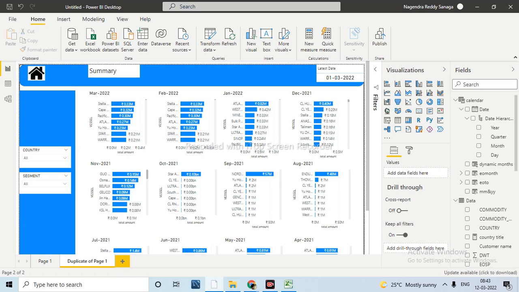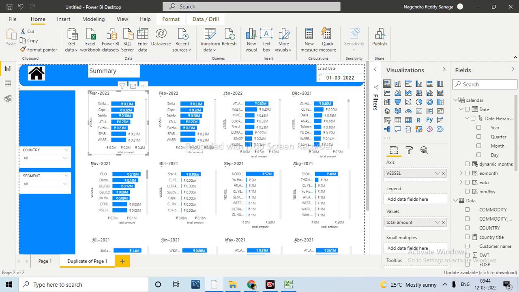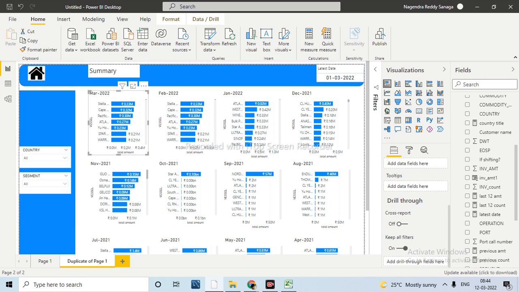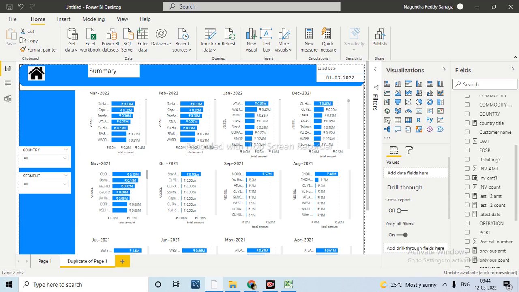Right, here this is done. This is completely about the amount, right? We have taken one more, and the same information we have taken to another page. There, instead of taking the amount, we have taken the count, the same as in real time also. Like this it is done here.